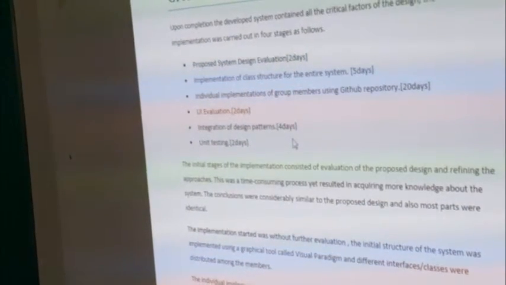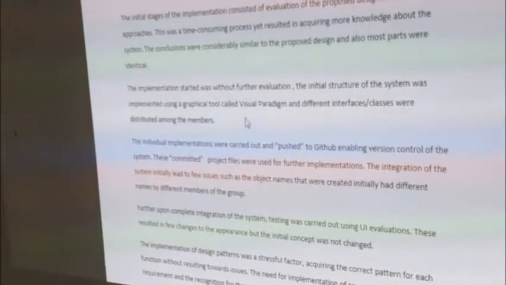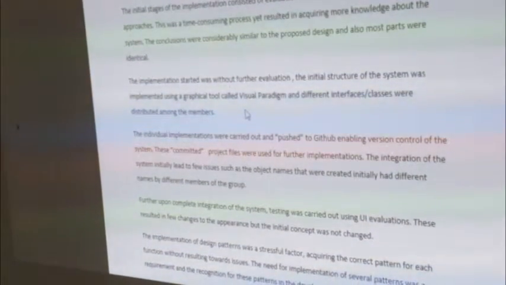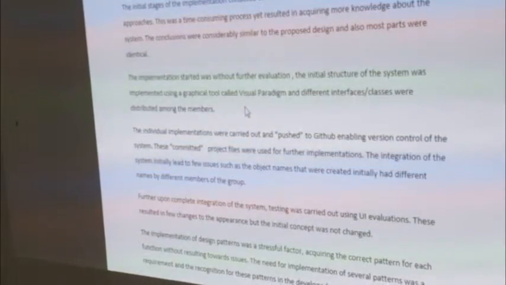And UI evaluation took 2 days, and the integration of design patterns took 4 days. And finally, the refactoring code for implementation of design patterns. And the initial stages of the implementation is carried out, and the process is mentioned there, how it went through it. And for further evaluation,